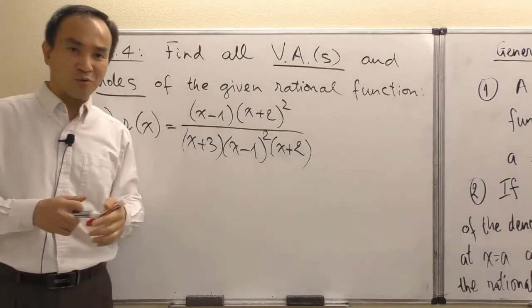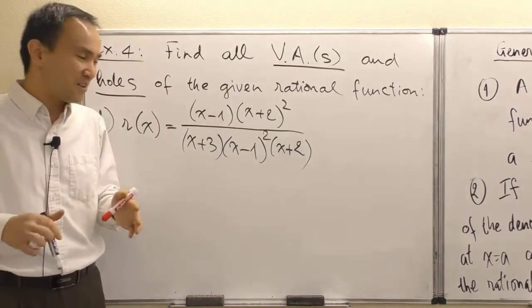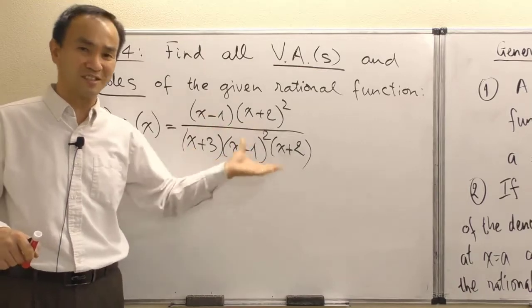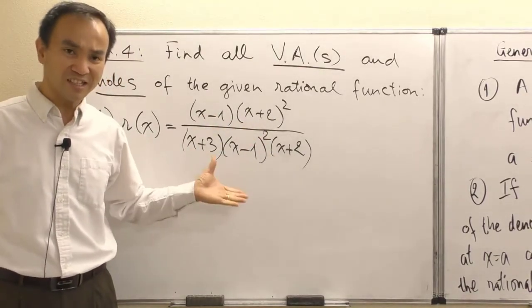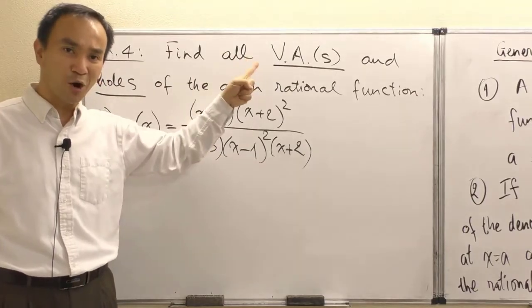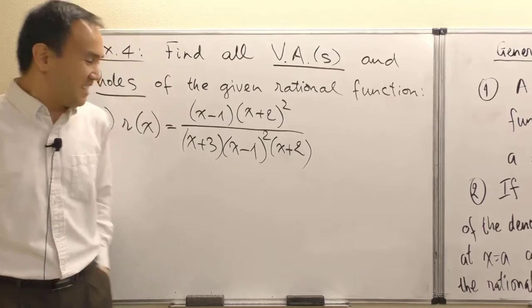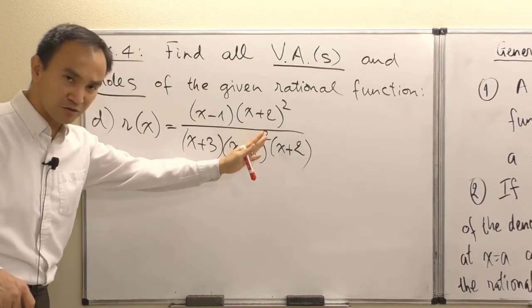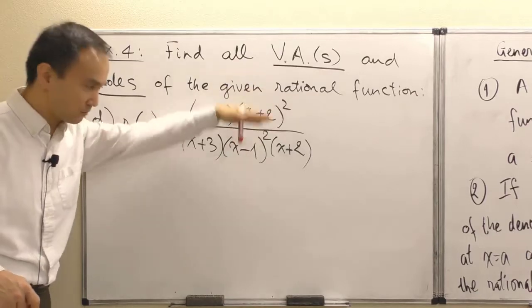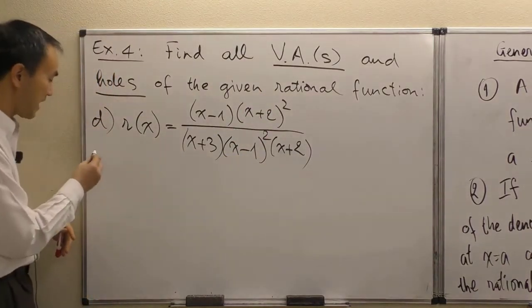But I don't want anyone to get hung up, at least for me personally, I don't want any of my students to get too hung up with just the process of factoring out. Because if that is too lengthy, you may forget the main goal is to find VAs and holes, and then eventually give up. And so now, pretending that we already had our polynomials, numerator and denominator, completely factored, let's list down the zeros